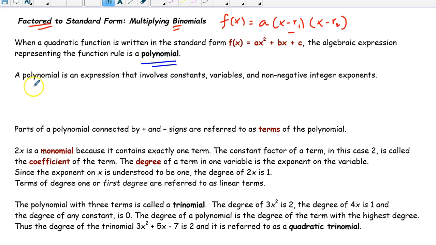Now what is a polynomial? It is an expression that involves constants, variables, and non-negative integer exponents. Now the constants are just numbers like 5. 5 is a constant, negative 4 or 12 or 15, or even if it is a fraction, 2/3. These are all constants. Now variables are like x, y, z, etc. Those are the variables, and we have